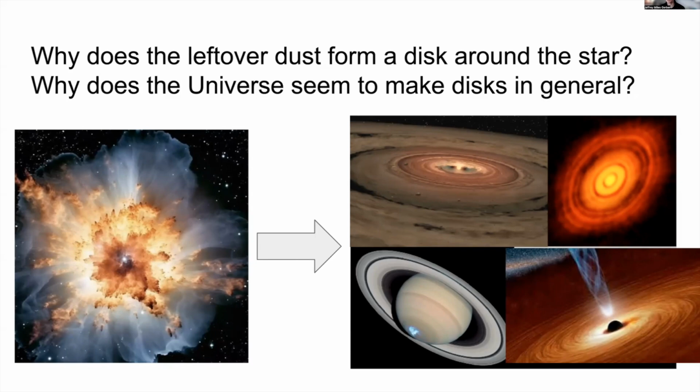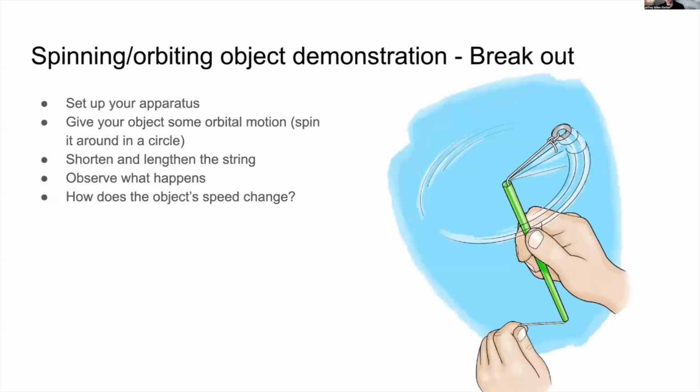So this is our big question that we want to try to figure out. Why does this leftover dust form a disk around the star? What is the physics that is causing all of this dust and gas to form disks? Why do we keep making disks out of things that are orbiting something at the center? Okay. So the way we're going to do that, we're going to go off into breakout groups to start, and